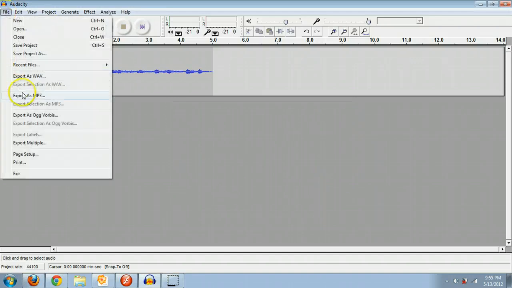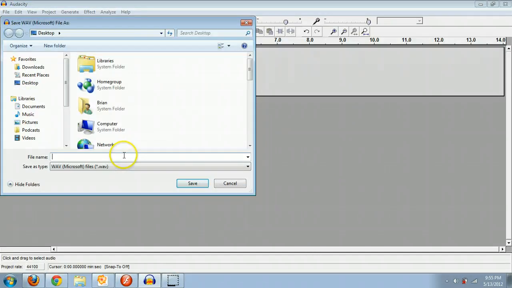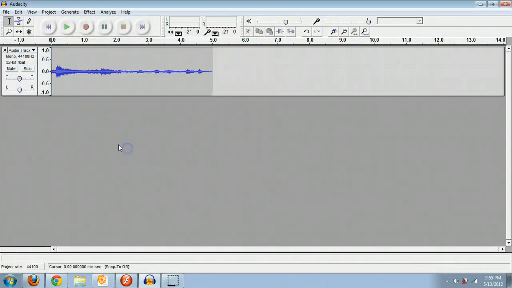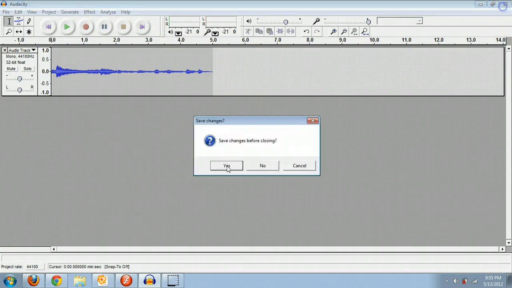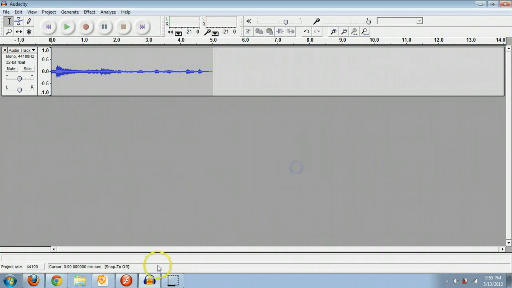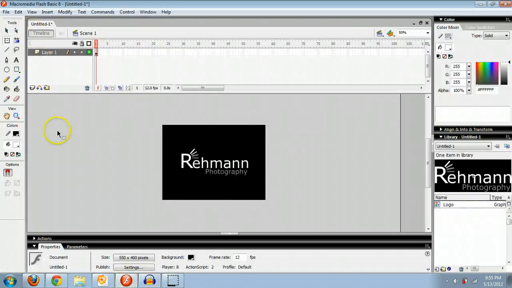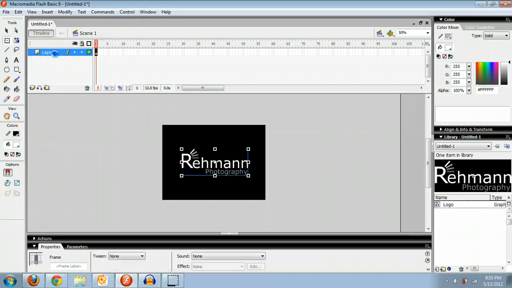Alright, never mind. I'm going to do a wave. Not a big deal though. Alright, song. There. Okay. Done. So then in Flash, I am going to create a new layer. So this first one is just going to be logo, just our basic layer. And the one above it, I'm just going to make this a sound layer because I want to do different sounds in here. So right now this is an empty